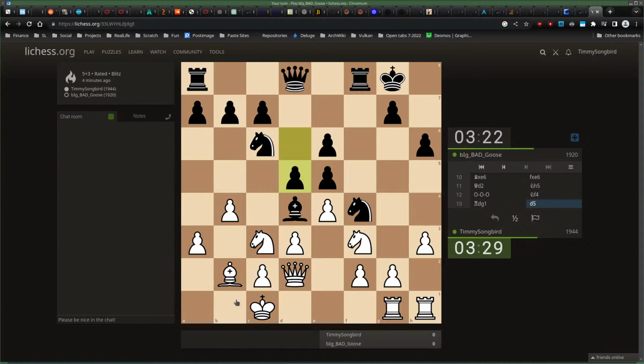I feel like he's going to want to decide. I don't know why. Because of check by the knight, maybe. Yeah, he can just take here, win a pawn, but I get an attack, so.